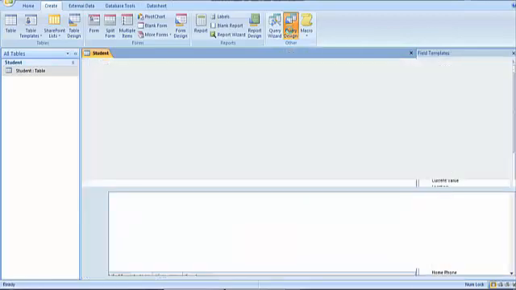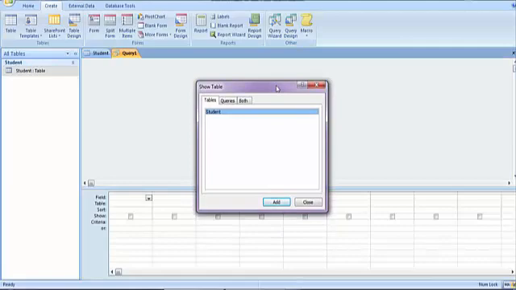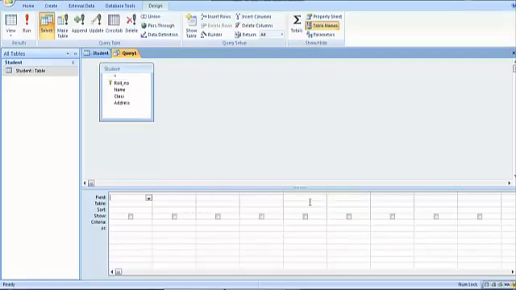I just clicked on Query Design. Again you can see a small dialog box which shows the names of the tables. As many tables as you have created in the database, all their names will display here. Right now we have only one table, so student is there. I'll add it and close it.